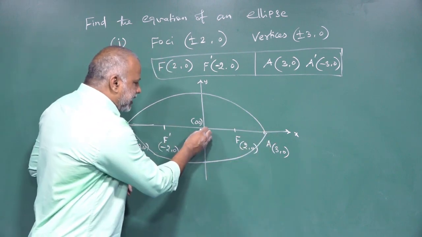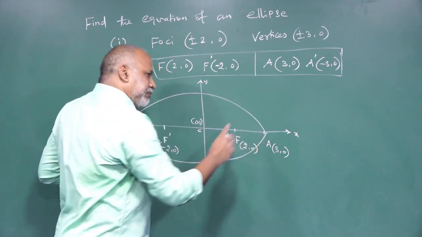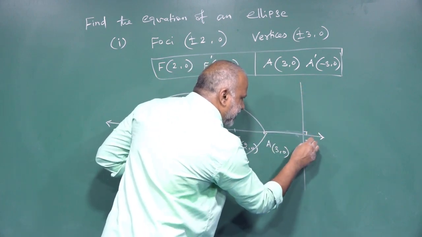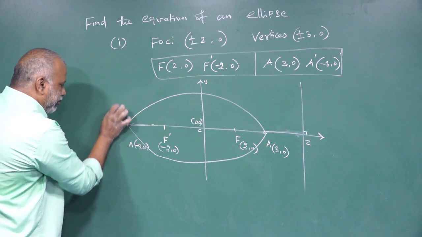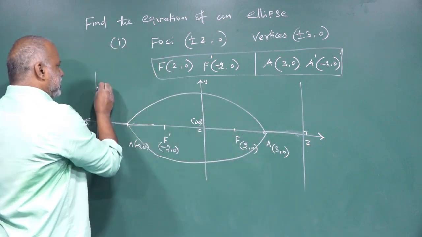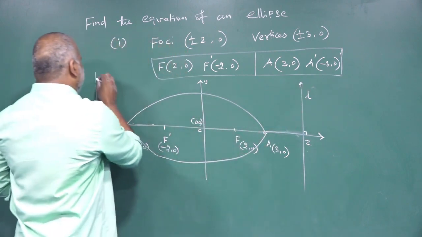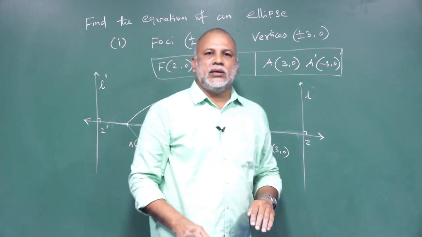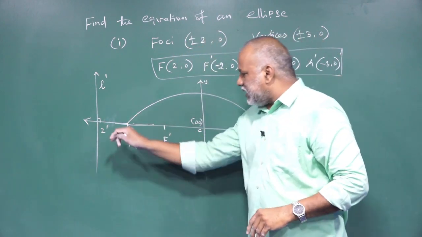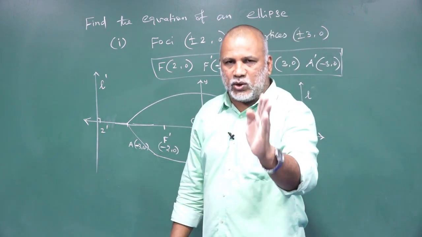Then, what is the meaning of center? It must be the midpoint of F and F dash. Also, it must be the midpoint of A and A dash. And also, suppose the data of the directrices are given, it should be the midpoint of Z and Z dash also. It is Z and Z dash. You must be very careful, listen to the concept in your theoretical knowledge. C is the center. It should be the midpoint of F and F dash, of A and A dash, and of Z and Z dash. Therefore, it must be the center 0, 0.